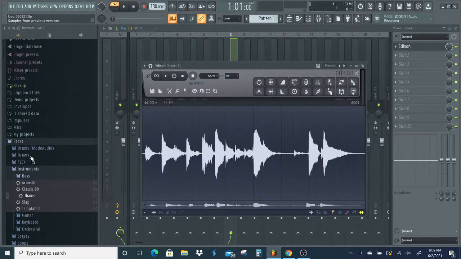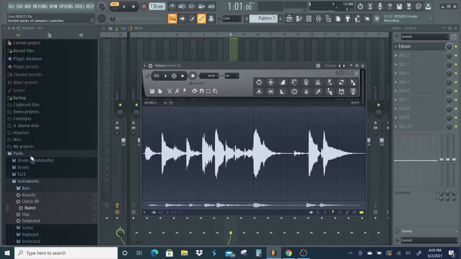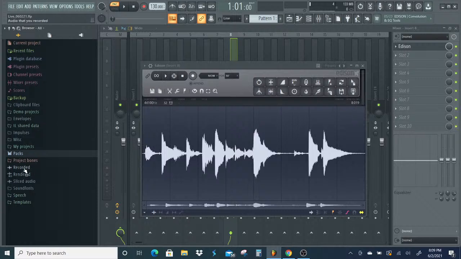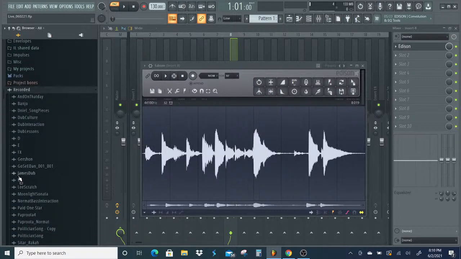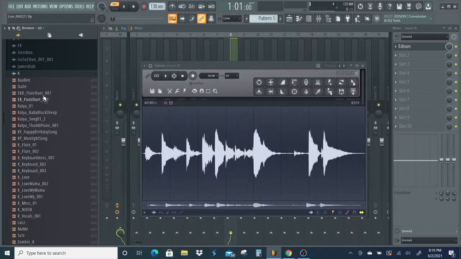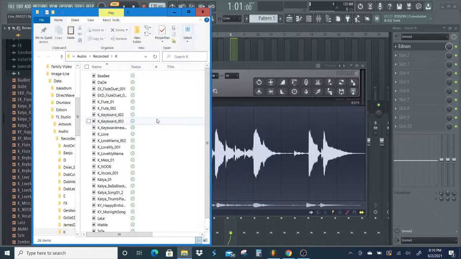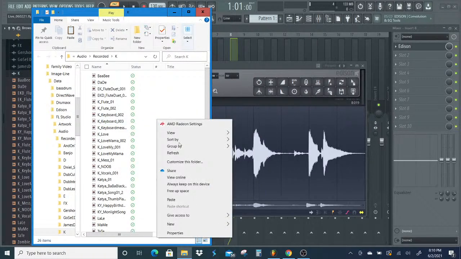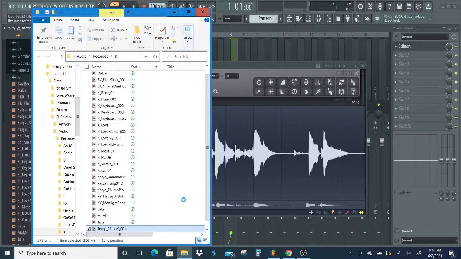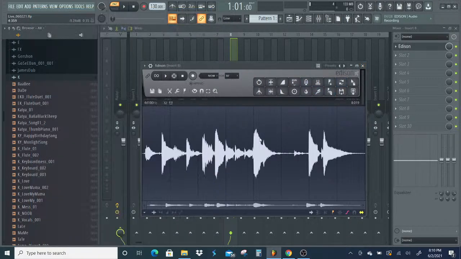We're going to go over and open where we've been working with our saved files. So let's remember where we were working on stuff. Close this up. We were in recorded. And go here. What we do is we right click and say open. I had a lot. Yeah, maybe we'll go through and trim that up at some point. But what we can do is we can paste that there. Temp piano. Okay, so now that we have that done,